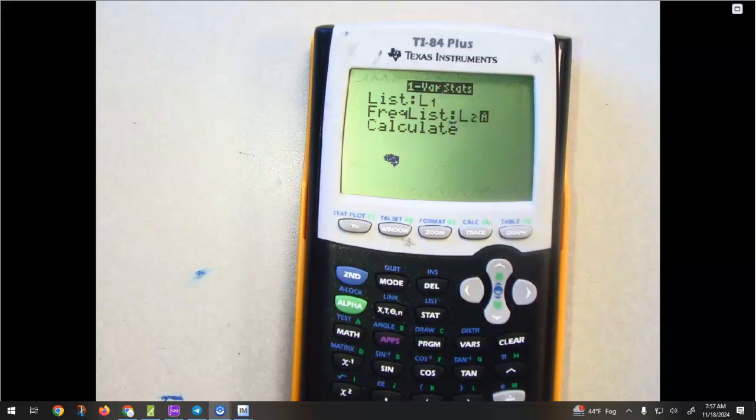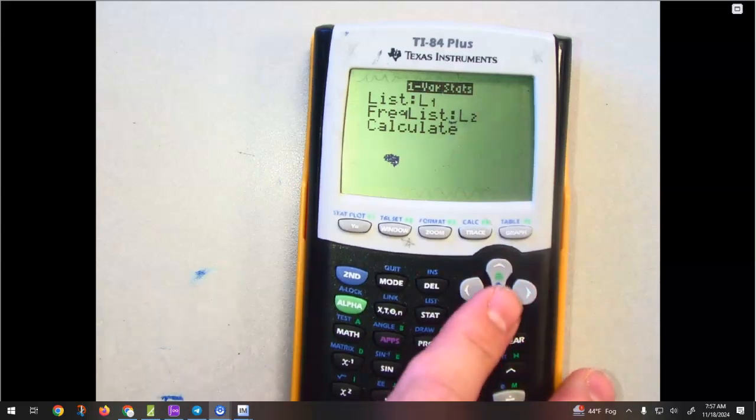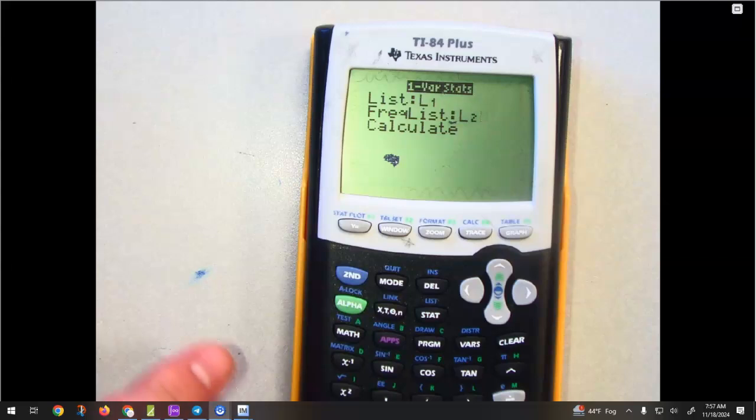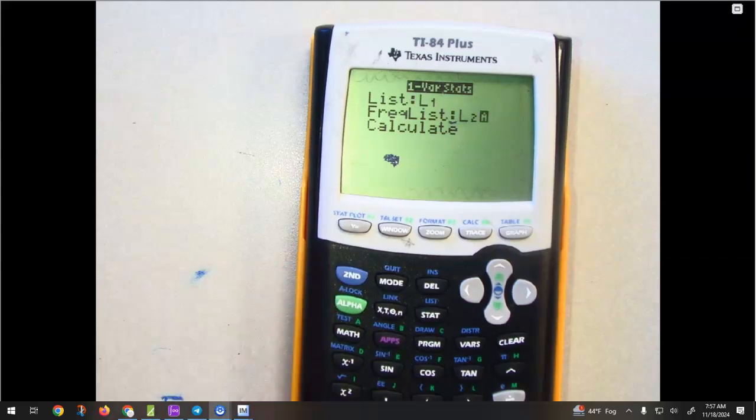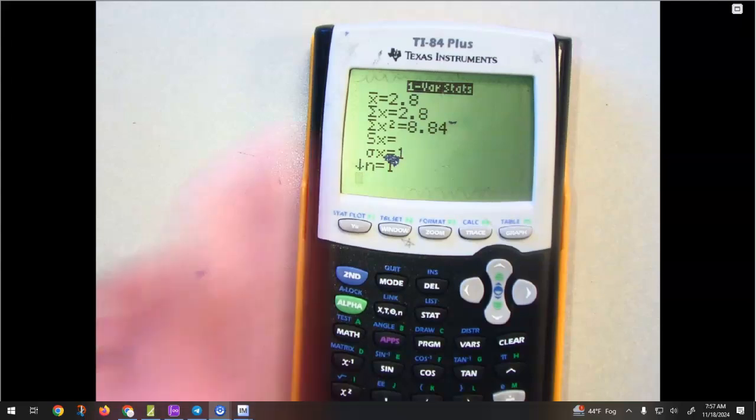I know some of you have a different list, but I'll show both in a second. L2 is like second and then two. And then if you calculate, it should give you the mean and standard deviation and all that stuff. So you should get that. That might need to show a different calculator for the other version,